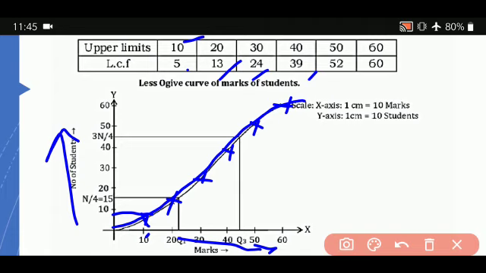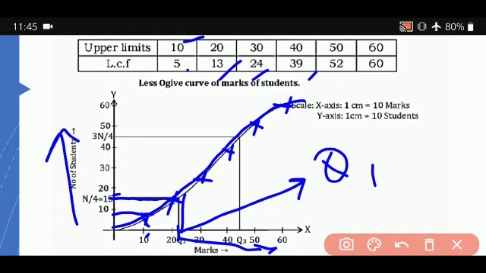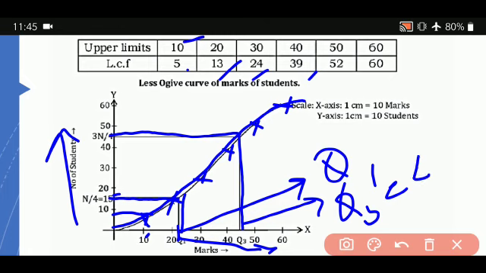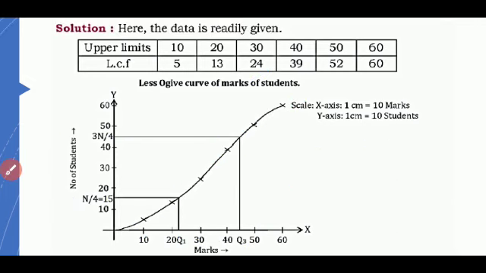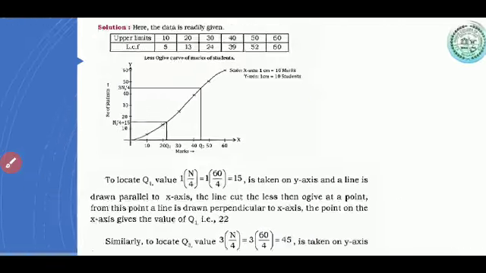Now this 15 value what you have calculated, you take a scale, draw parallel to this and drop it down. This is the value of q1 here. Similarly 45, you do the marking here. Draw the scale where it touches, drop it down, and this is q3, that is 45. How much is this? 22, whatever the value is, correctly graphically you will get the value. So this is how you find the partition values.